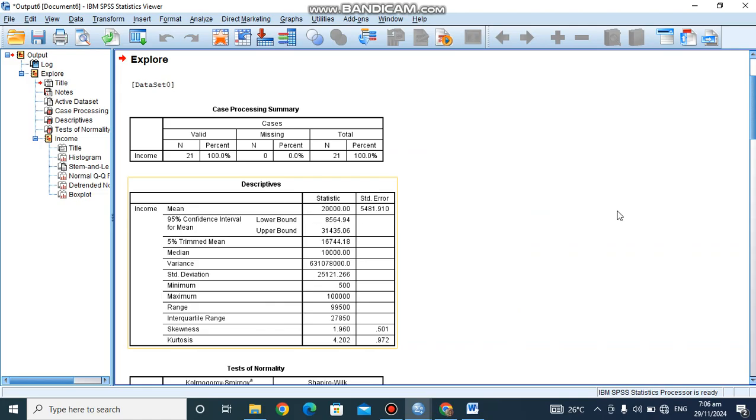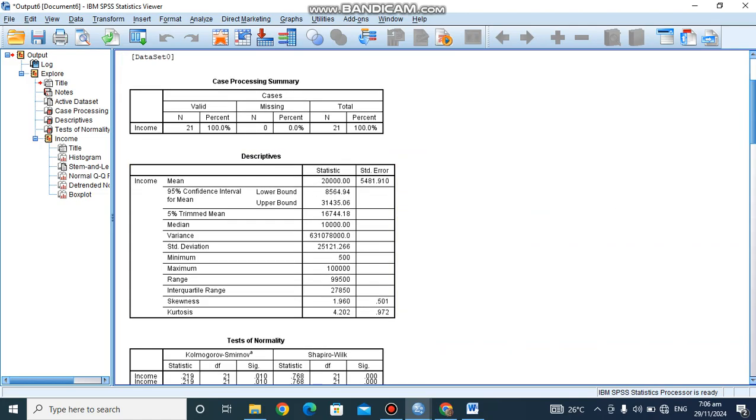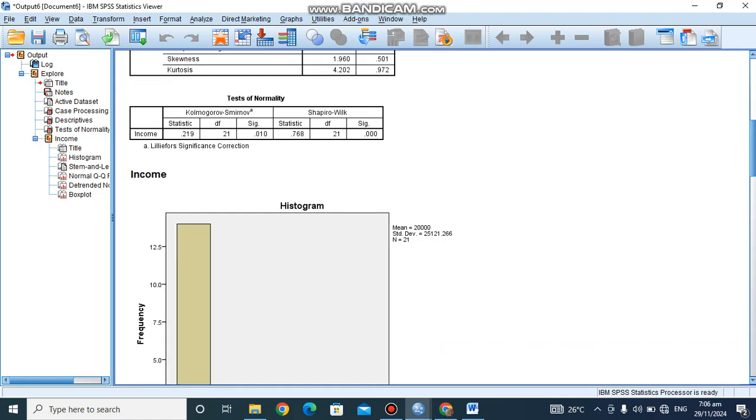All right, so here's the descriptive statistics. Our interest is on the test of normality. So we have the Kolmogorov-Smirnov test here, and we have the Shapiro Wilk test here. So from the Kolmogorov, we'll see that the p-value here is less than 0.05, indicating that our data is not normally distributed. And the Shapiro Wilk test here, also the p-value here is less than 0.05, also showing that our data is